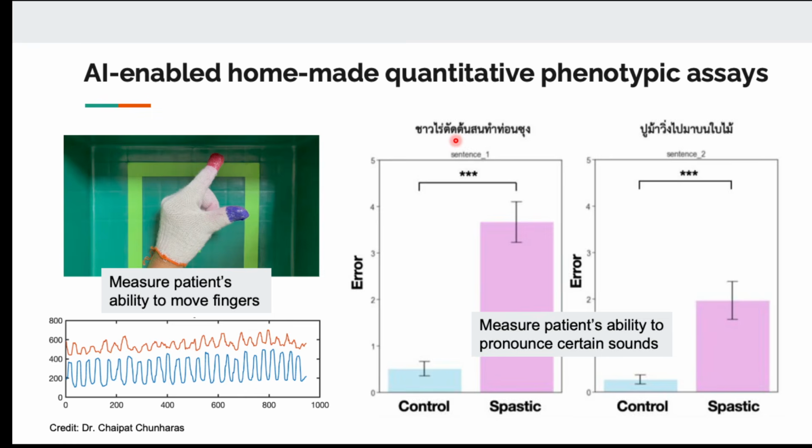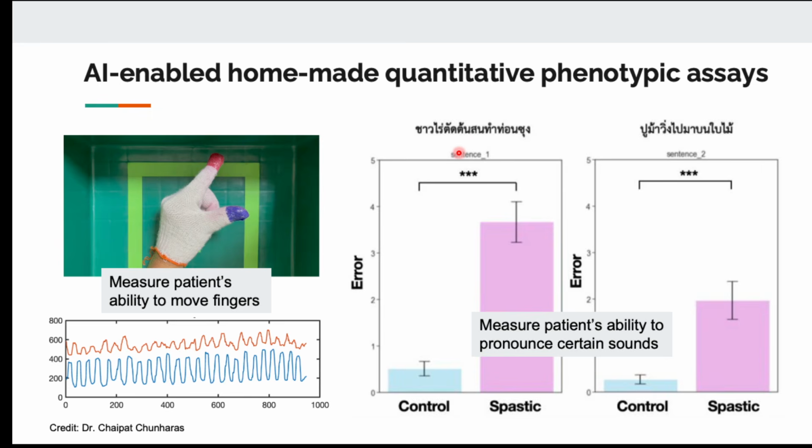But who's to know, maybe there are many different patients that struggle with different sounds. So you can experiment with different sentences that you ask the patient to pronounce. And some sentences might be very good at distinguishing a certain group of patients. And to do this automatically, you can ask the patient to read out the sentence and capture it